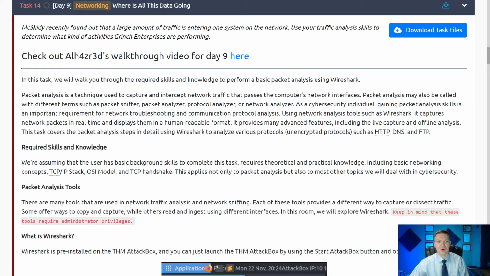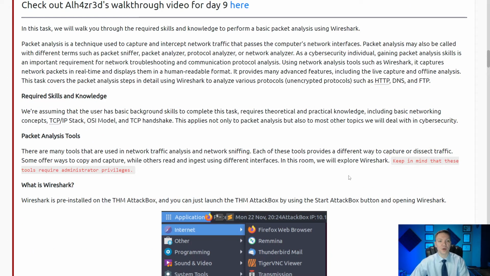Day 9 networking. Where is all this data going? McSkeety recently found out that a large amount of traffic is entering one system on the network. Use traffic analysis skills to determine what kind of activities Grinch Enterprises are performing. So this is actually really exciting to me because networking is actually my specialty, so this is going to be really fun. In this task, we'll walk you through the required skills and knowledge to perform a basic packet analysis